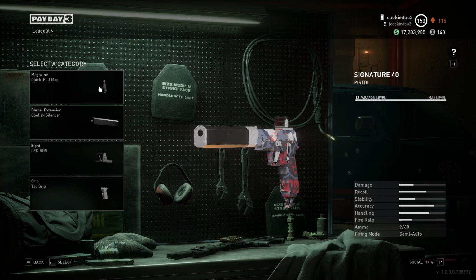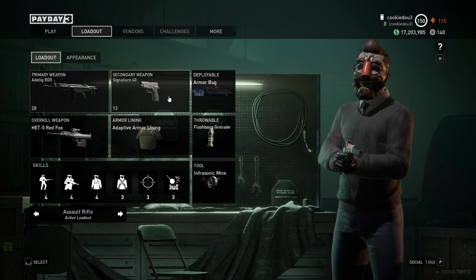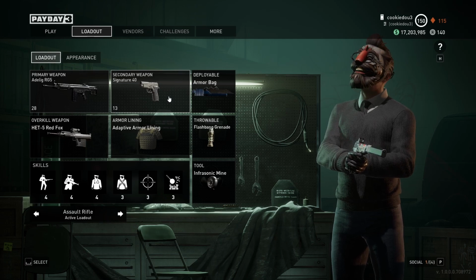For our secondary, we use the signature 40 pistol. We modded with the quick pull mag, obelisk silencer, LED RDS, and the tack grip. It's a bit of a pea shooter, but with how powerful and reliable the AIDLIG is, it acts as a nice backup weapon with a high rate of fire and accuracy that we can use to occasionally spam with. Having a suppressor on it is a bit of an odd choice though, but I decided to go with it